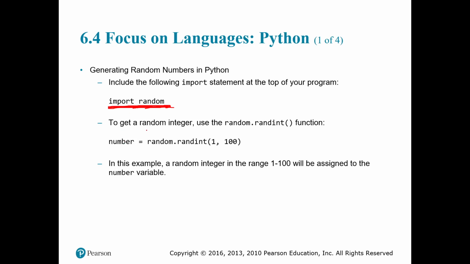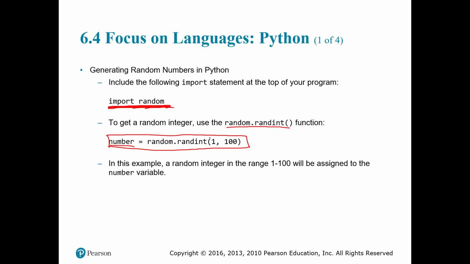Then if you want to get a random integer, you will use this function, random.randInteger. What this means, random integer. And this is how you declare a random number. So you need to come up with a name for your variable. It's standard procedure as we've always done. Number equals